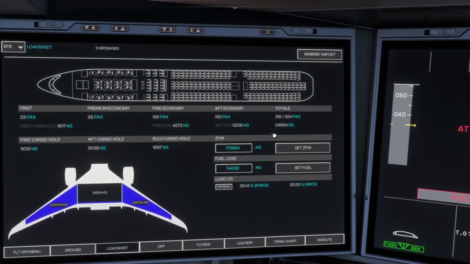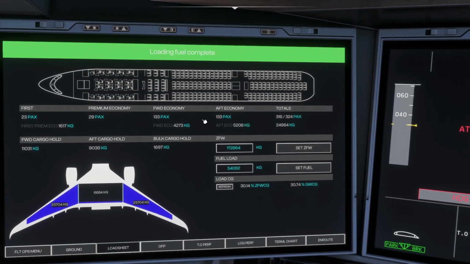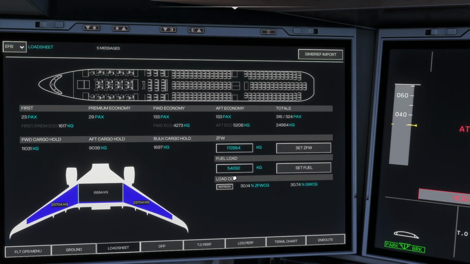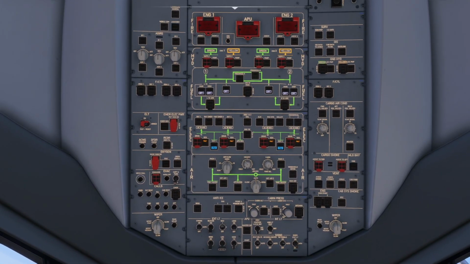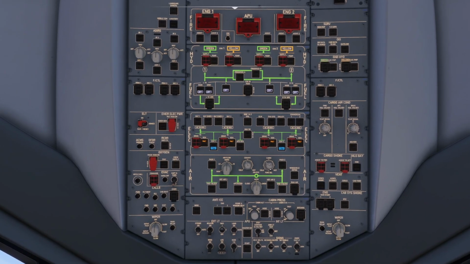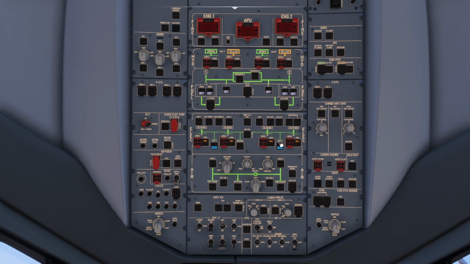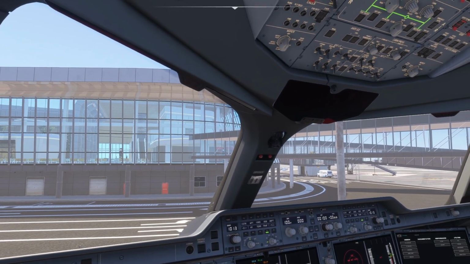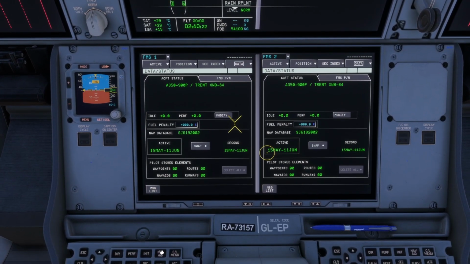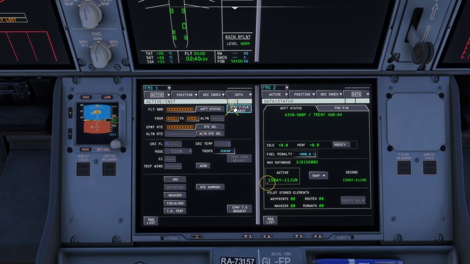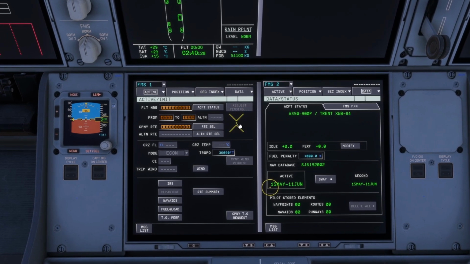So we're gonna go ahead and load up the plane. So 316 passengers on board. We've got 54 tons of fuel, so lots of fuel for today. I already did the whatever you call it after starting up the plane in the overhead. So we're gonna go straight into our MFD, and import our flight plan.